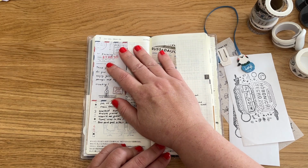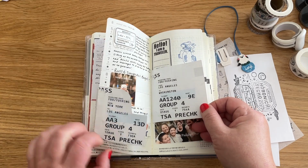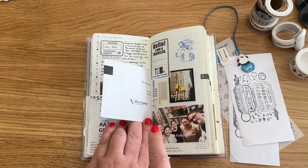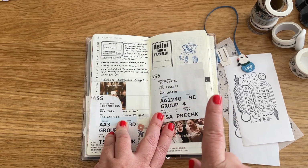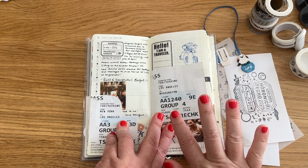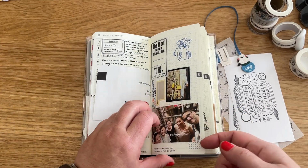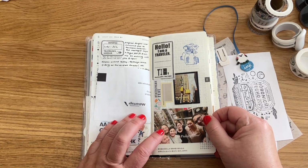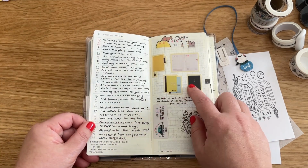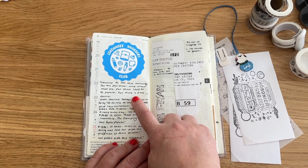So this was from an order from Black Milk Project. And this was when I went to Stationery Fest. So I just cut out my boarding pass. And some of this is a duplicate from my New York travel journal. This was just bits and pieces of what I had done in New York, whereas my travel journal is a little bit more complete of that entire trip. And then there's stuff that I wrote. Then we went to San Francisco